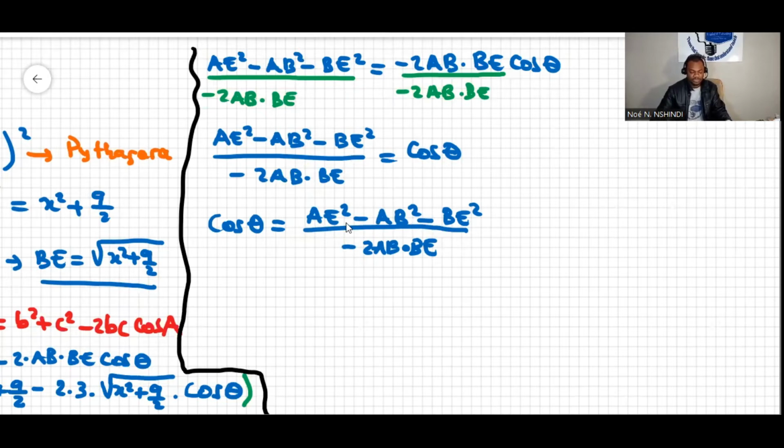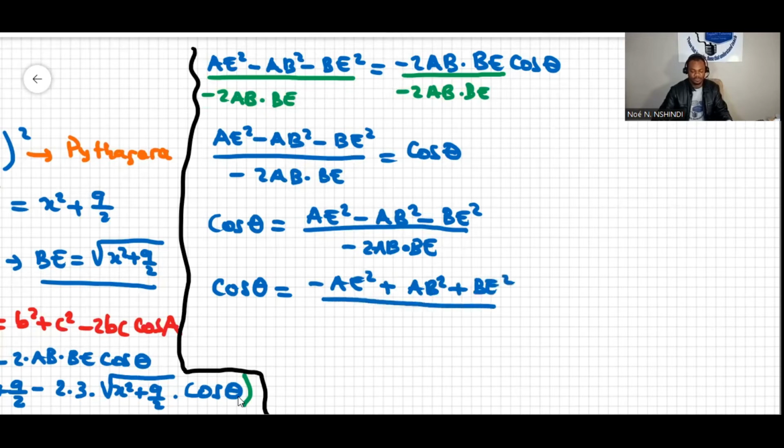So this can be written as cos theta will be equal to negative AE squared, positive AB squared, and then positive BE squared, all over 2AB times BE. I prefer to rearrange this, so we can write cos of theta will be equal to